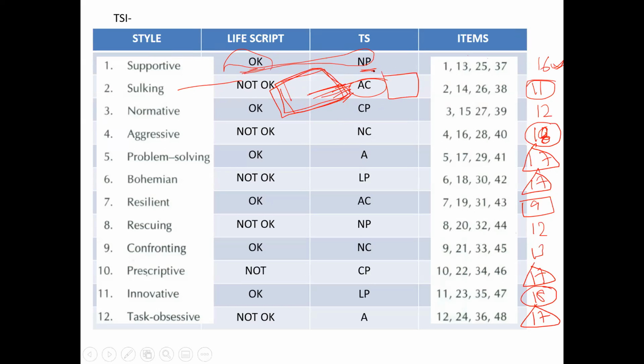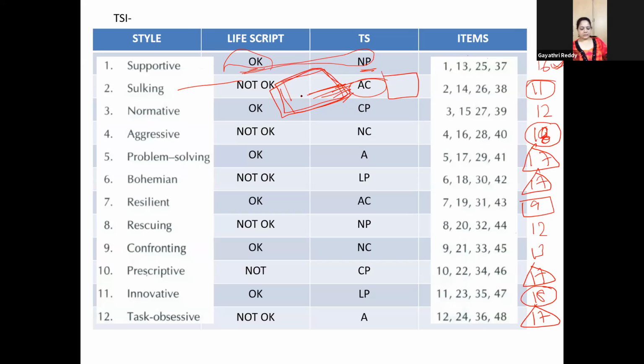It's something like, suppose I come with a headache home and my daughter says, Mom, can we bake some cakes? And I say, no, I'm having a headache. You want cakes? You ask Papa, he will get it from the market. And suddenly my neighbor's daughter comes and she says, Auntie, my mom told me that you make very good cakes. Can you please bake cakes? And I say, yes, beta, sure, we will bake cakes together. So people who are closest to us, who are the most important people in our lives, are shown the least importance. This is sulking kinds.